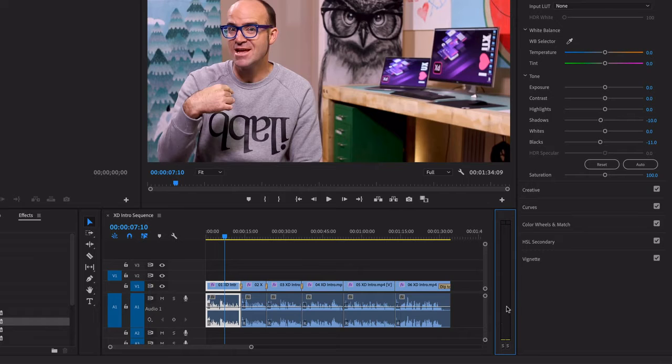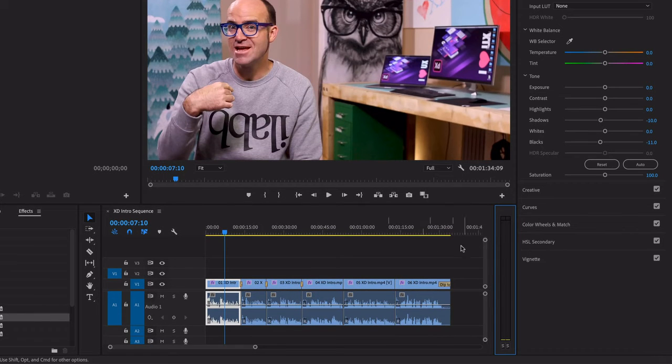What we need to do though is see the actual measurements on it, and it's too small. Like we did between here and here, we can adjust the gap between this and watch. See, no numbers. Yours might already have numbers. So drag it out minimally to where you can see the numbers. It can be really big, it doesn't matter, as long as you can see the numbers. Now if I hit spacebar,